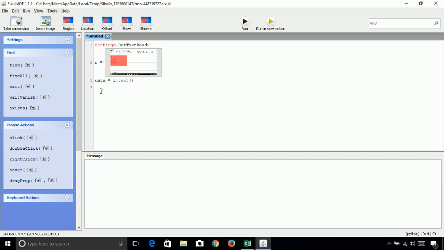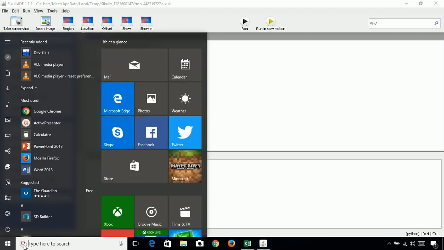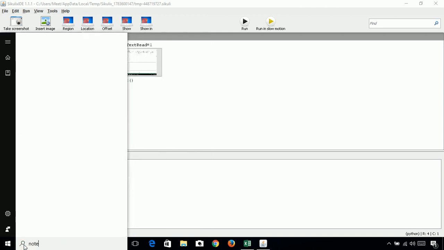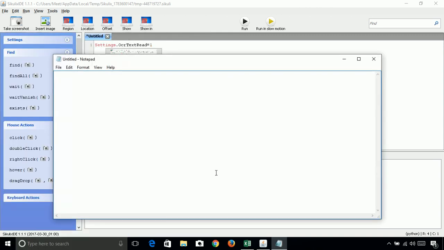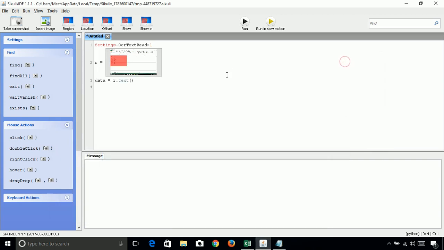Now we want to paste all this data to a notepad file. So let's open a notepad file here. We can also write the script to open the notepad file, but we are not going to waste time there, because we have already seen how to open an application. So let's open a notepad and then switch the app to notepad.